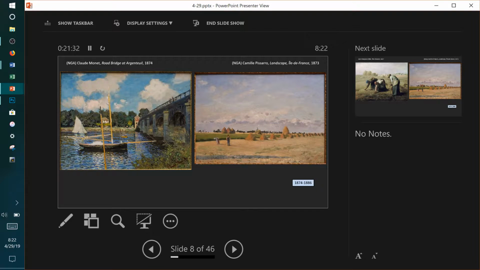Camille Pissarro, Camille's a girl's name in the United States, it's a man's name in France. He was in 7 of the 8, so he comes closest of anybody to being in every show. But he was not in every show, and he was more or less the old man of the group, although Monet was no spring chicken. When the Impressionists start, Monet's around 35 or so. But Pissarro was much older, and in fact, he often took younger artists under his arm and taught them things as they came to Paris.